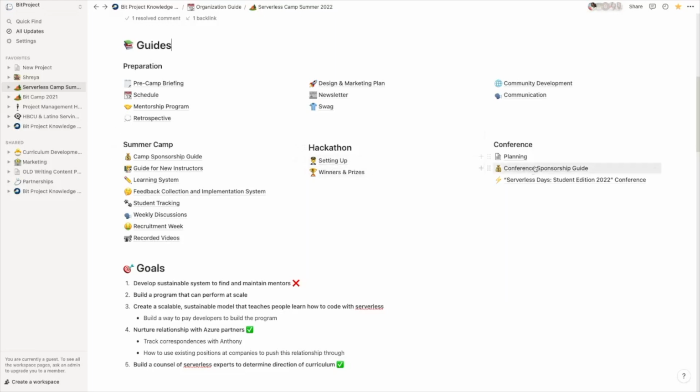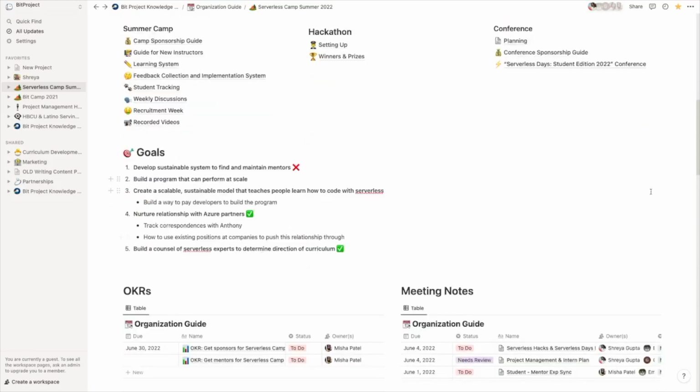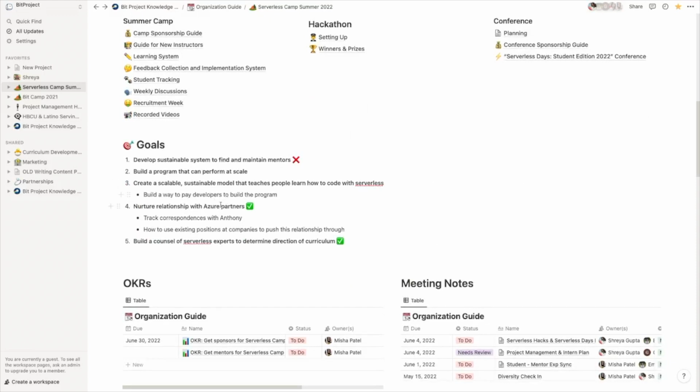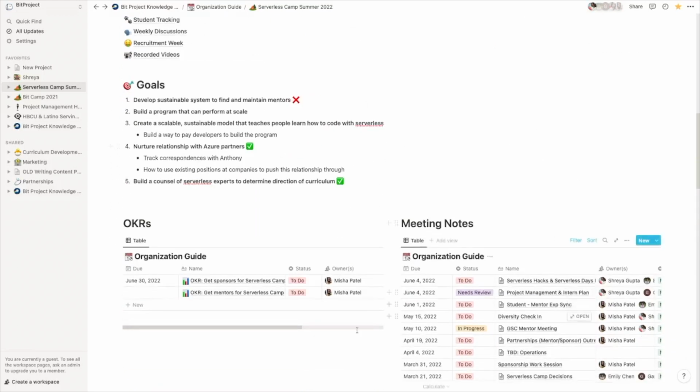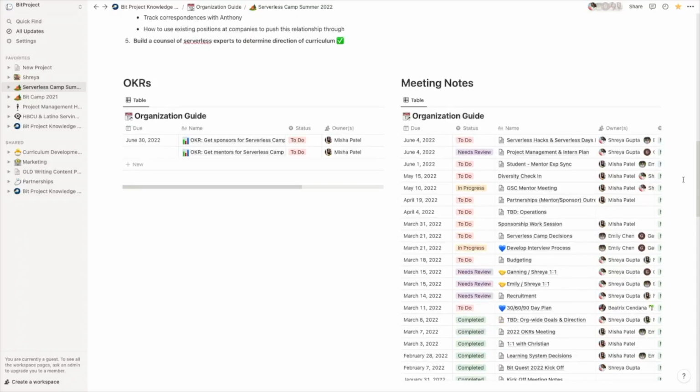Below, you can see 3 different components related to what happens in this project once it is launched. These components and guides can't be duplicated since each project will look starkly different once it's launched. Below the guides, we have defined our goals that communicate how to determine if this project successfully contributes to our values and vision. At the bottom of the page, we can see all lists of OKRs, meeting notes, and tasks related to the project itself. These are all linked to the organization guide since that is where we store information needed to build these lists.